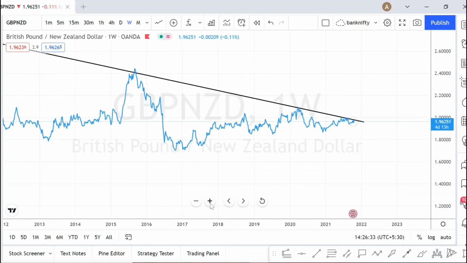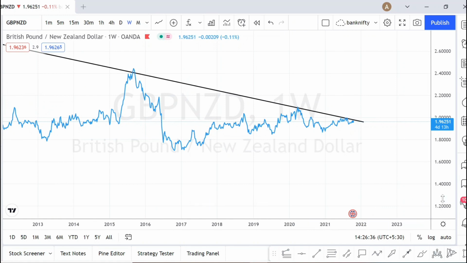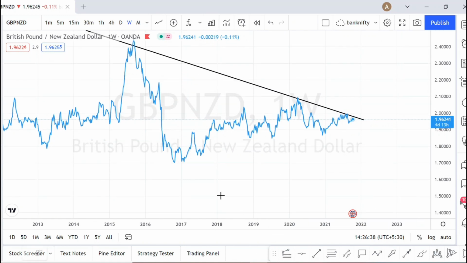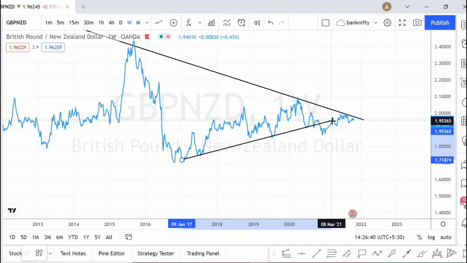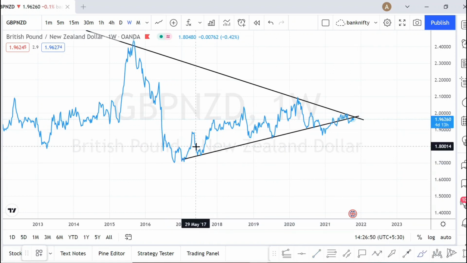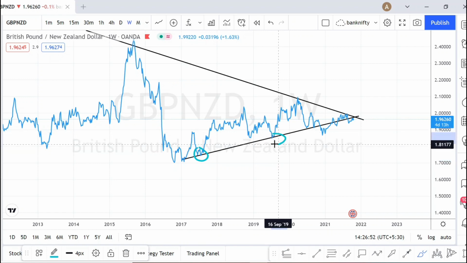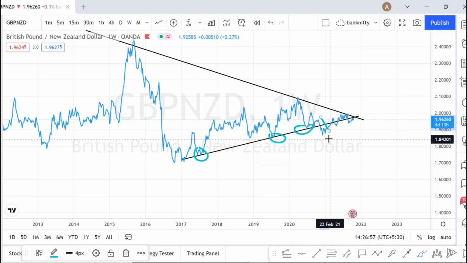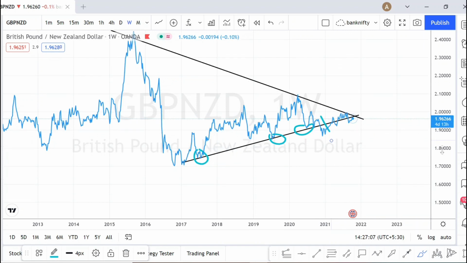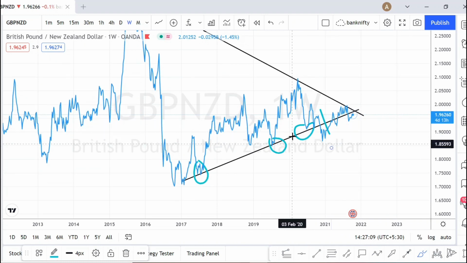And in weekly time frame also, when we see the latest price action, it has formed a very nice uptrend. It has tested this support several times and tried to go up, tried to break, but at this point it broke the support and it came up. Again it tried to go up, but presently it is below the support line in weekly time frame. This is the present price action in weekly time frame. Let us do the analysis in daily time frame.